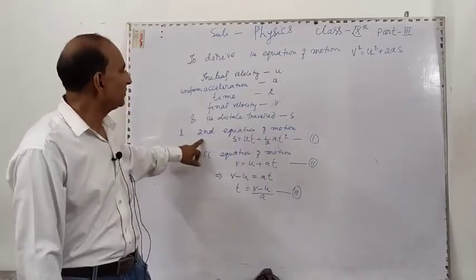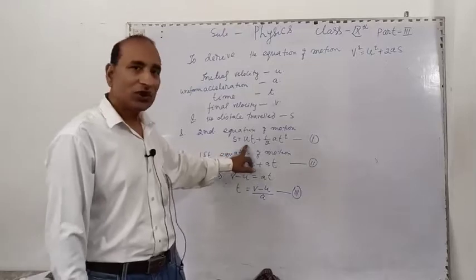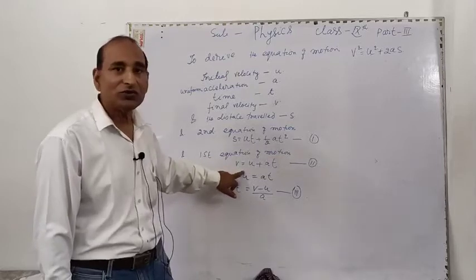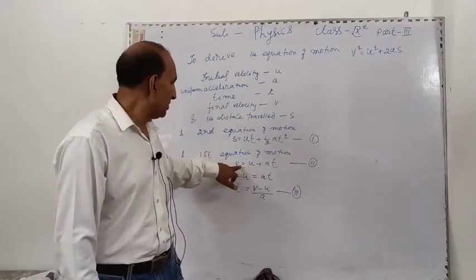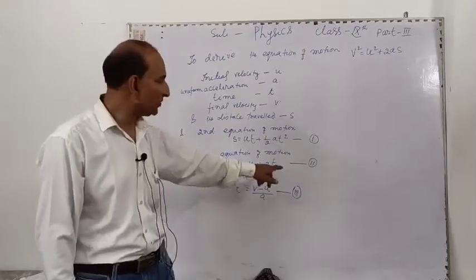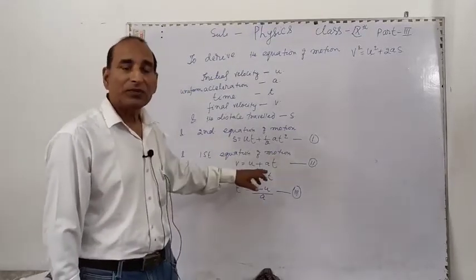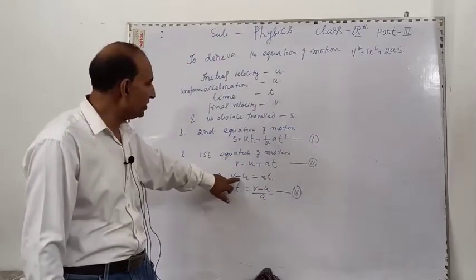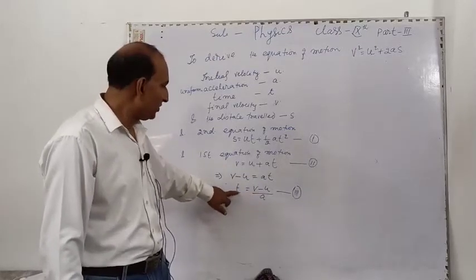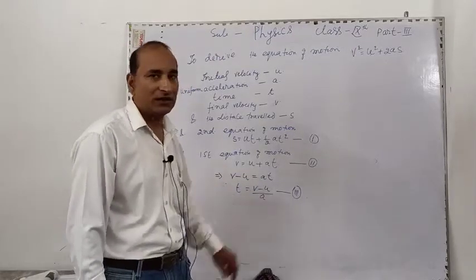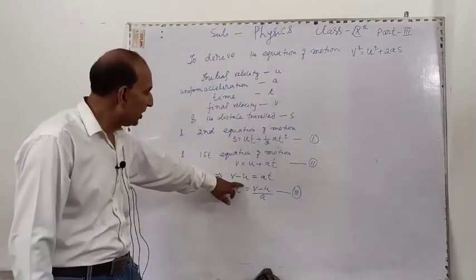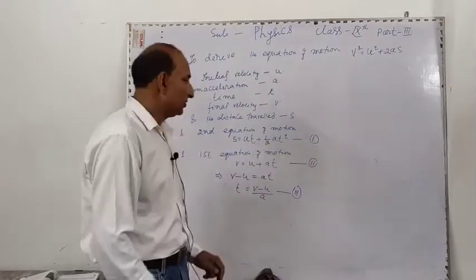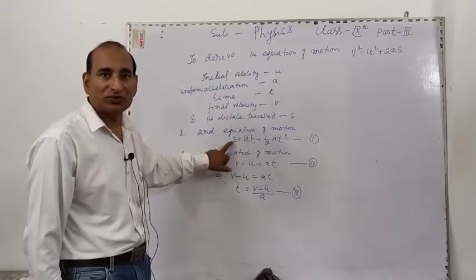Therefore, we know that from the second equation of motion, s is equal to ut plus half at square, and also from the first equation, v is equal to u plus at, which is equation second. Now we find the time from equation 2, that is v minus u is equal to at. Therefore, t is equal to (v minus u) by a. Now substituting the value of t from equation 3 in the first, the equation first becomes